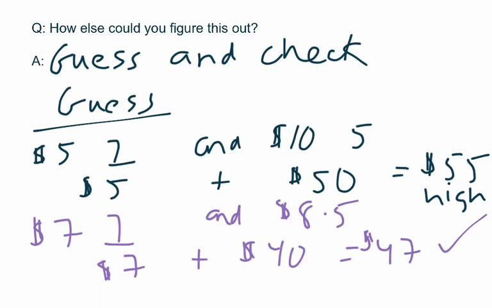Just make sure if you're doing a strategy like that you are writing down, like maybe indicate that you are actually using guess and check. You can just say GC for guess and check, and that you're writing down what your guess is and then how you're adjusting your guess after you've checked it. So your $55 was too high, and so you're going to adjust a little bit. We could have gone for like $6, 6 $1 bills, and